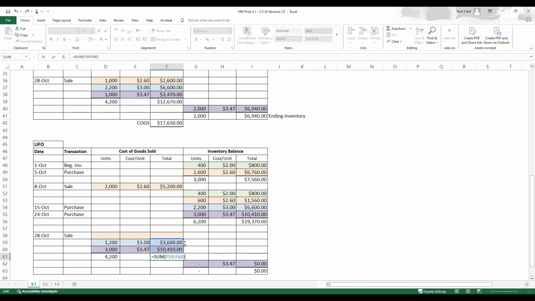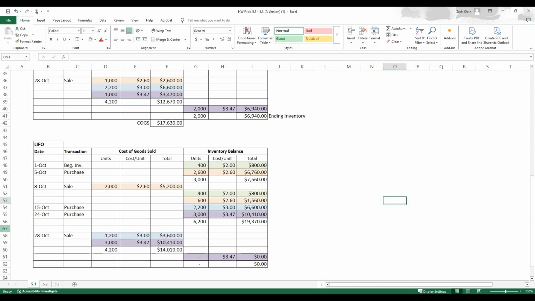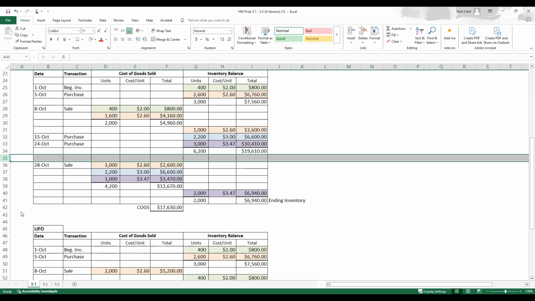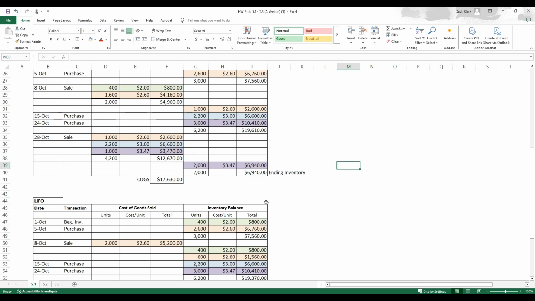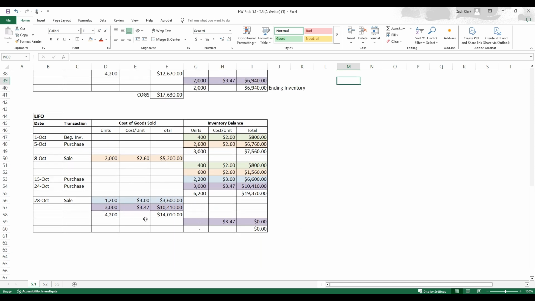Okay, so we don't even need this. I'm going to move this down just a little bit just to clean this up. I'll copy and paste values just to make sure we definitively have that, and then we can just delete that whole row there. Let's just go ahead and delete this one too, so it's a little more clean. Everything's got a purpose, every row. Okay, so now we have accounted for all of our sales, and now we just need to figure out